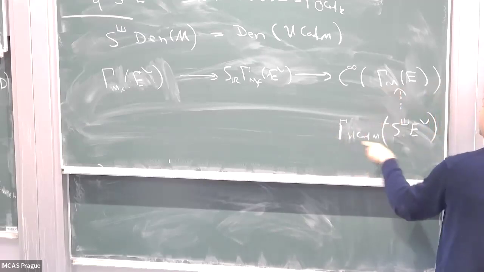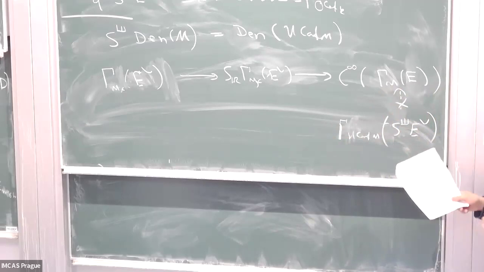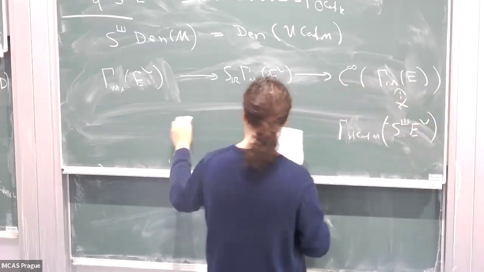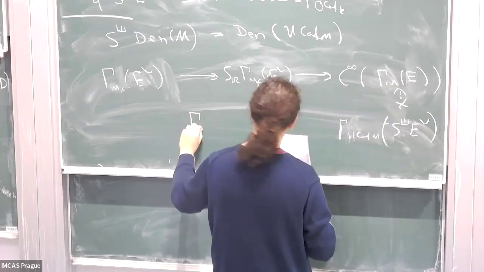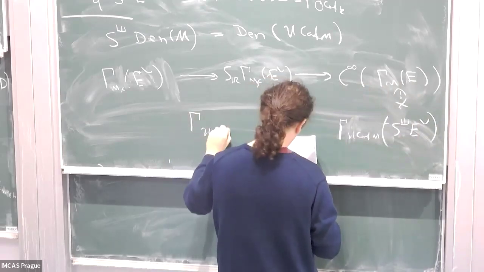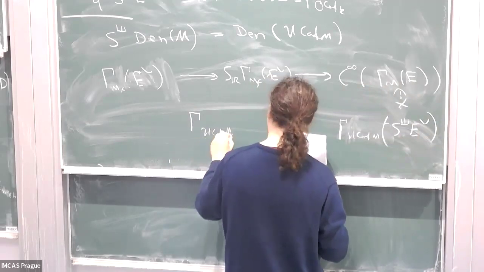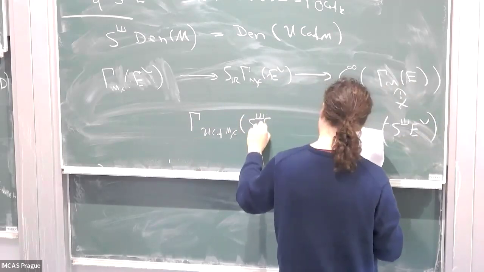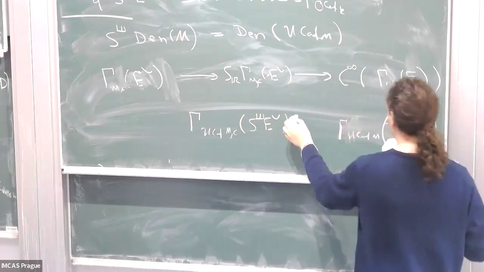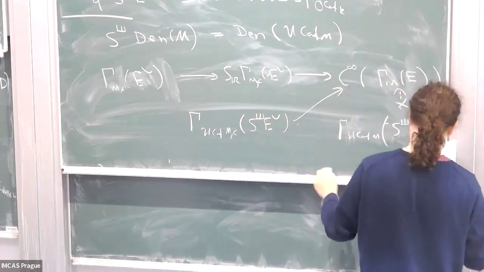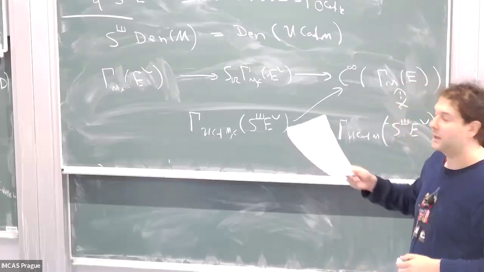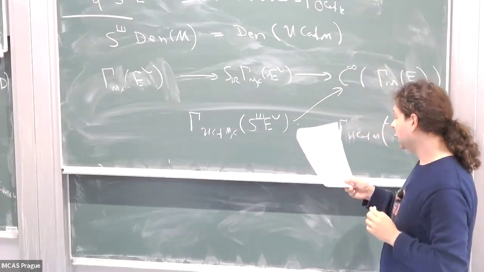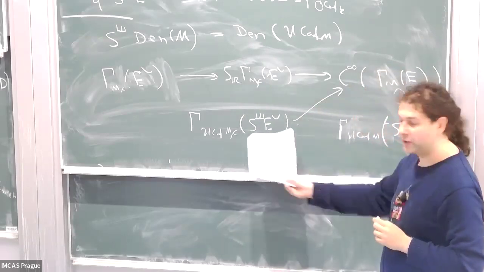The problem is this one, while it is an algebra, doesn't have an integration because we didn't require compact support here. So what we would like to do is take the unordered configuration space sections with compact support. There, no problem, we have a map, but we have two problems. One of them is, this one is not an algebra.